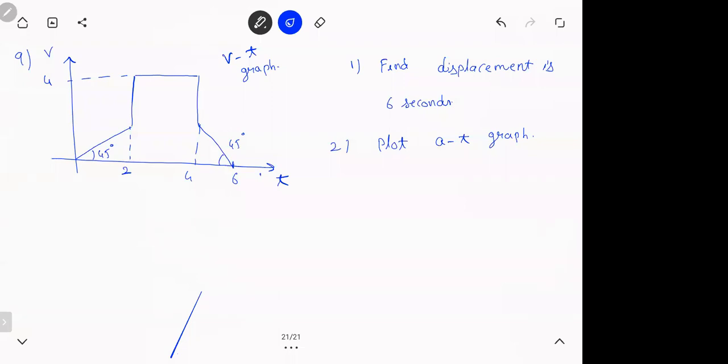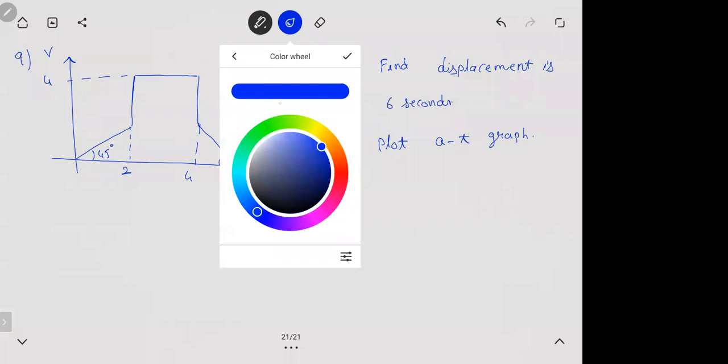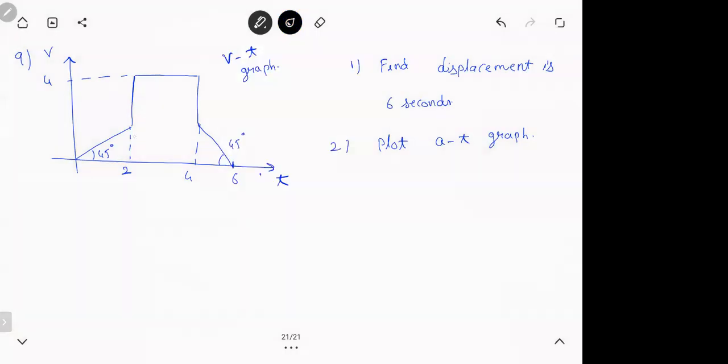Let's see. First thing, what you need to do, find the area in this thing. Now you guys draw a different diagram. I'm just showing it on this. What will be its height? This height will also be 2, isn't it? 45 degrees. So this triangle's area will be half base into height. Then you have one rectangle. Base is 2, height is 4. Again one more triangle. Half 2 into 2. If I add all these things, I'll get the area.